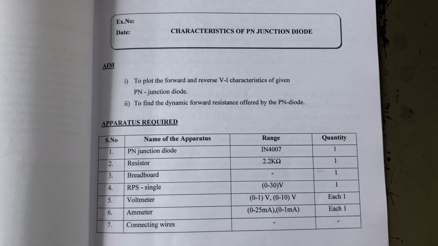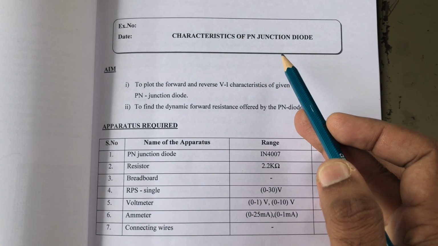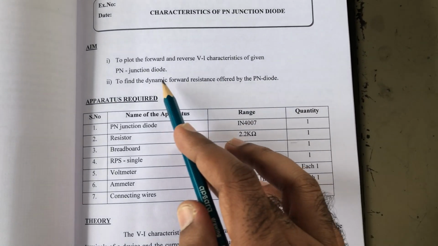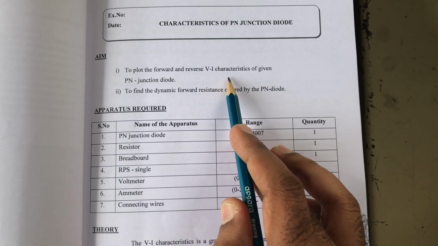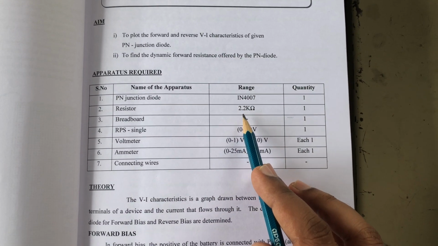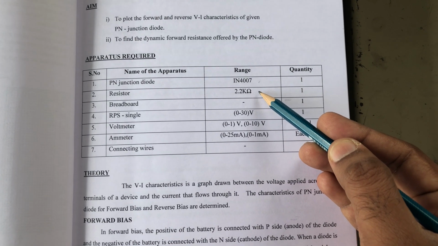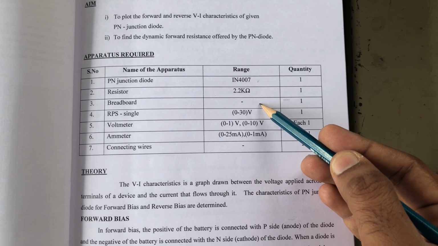Today we are going to see the characteristics of PN junction diode. That is, characteristics of PN junction diode means both forward and reverse VI characteristics, right? So for doing these experiments, the components needed are PN junction diode, a resistor, and a breadboard for giving the